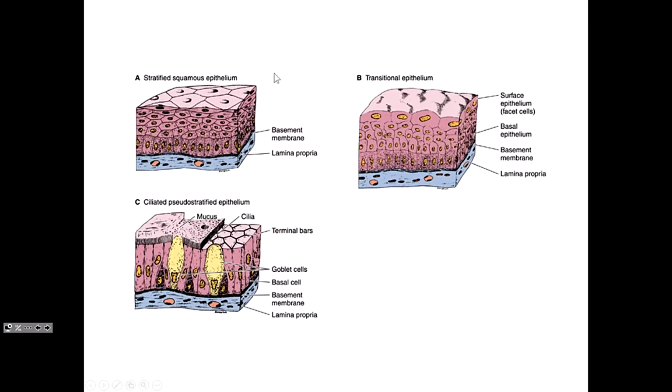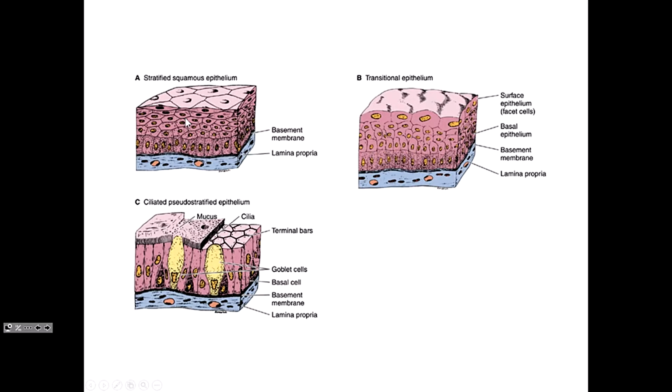Then things get more complicated. So here are three examples of different tissues that have their own name, their own classification. Here we have stratified squamous epithelium. Stratified refers to the fact that there are multiple layers of cells with no intervening basement membrane. So here's just the one basement membrane. Here's one layer of cells, 2, 3, 4, 5, 6. In this particular case, there's 6 layers of cells with no intervening basement membrane, so we call that a stratified